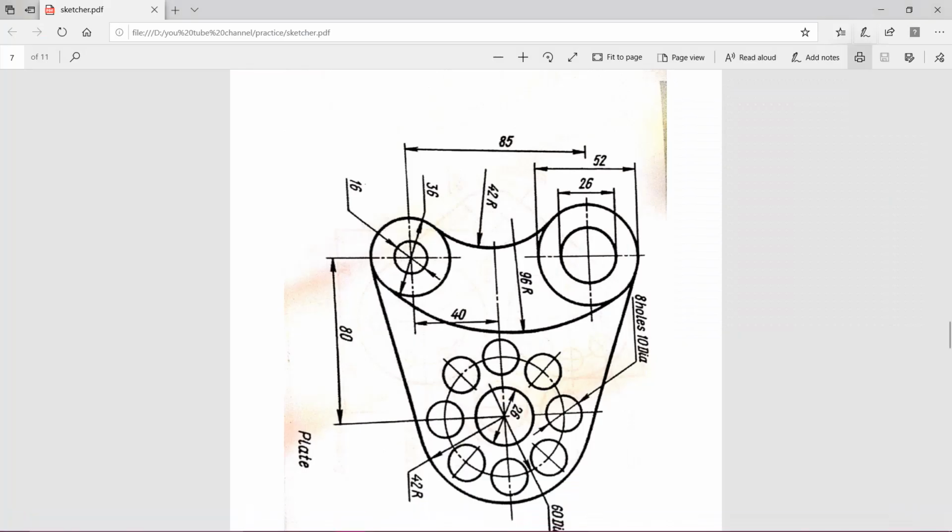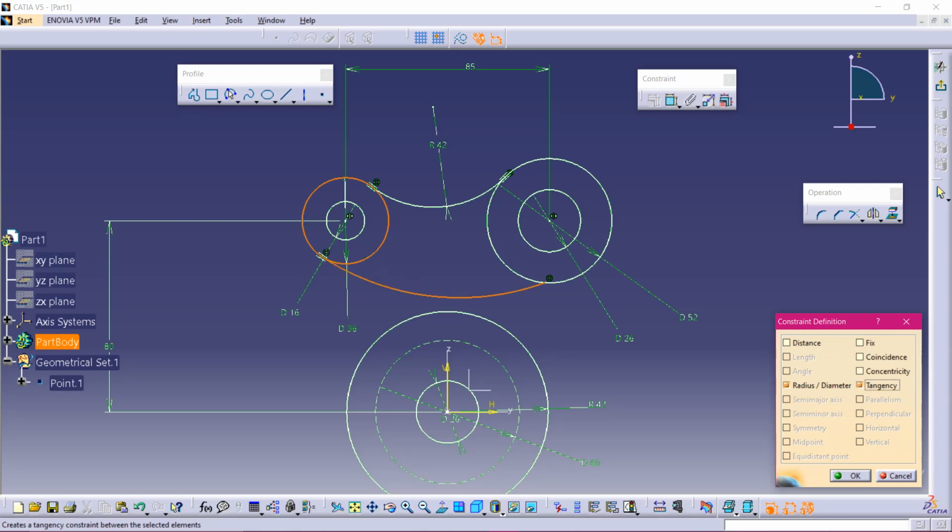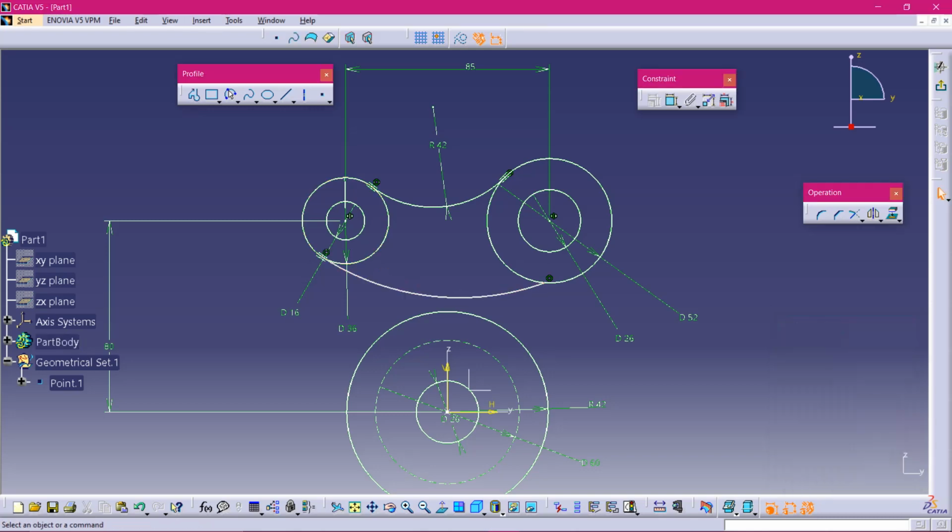And the other arc with 96 mm radius. So again I am selecting a 3-point arc somewhere on the circle, somewhere on this, and pressing Shift. Okay, better I give tangency first. Why have I given tangency first?